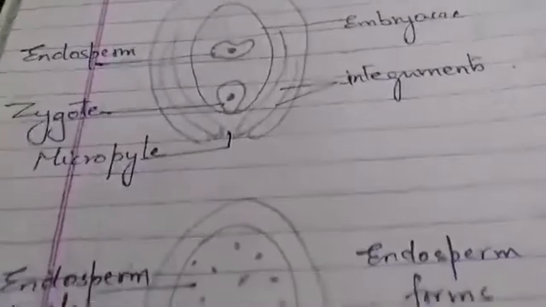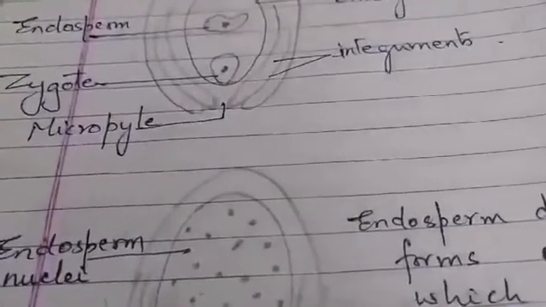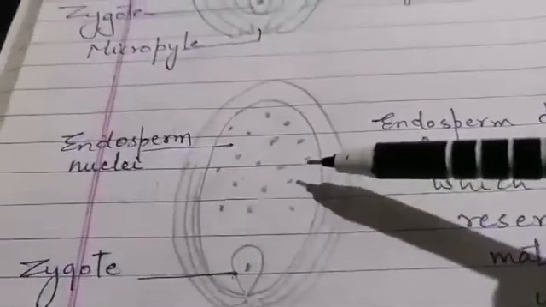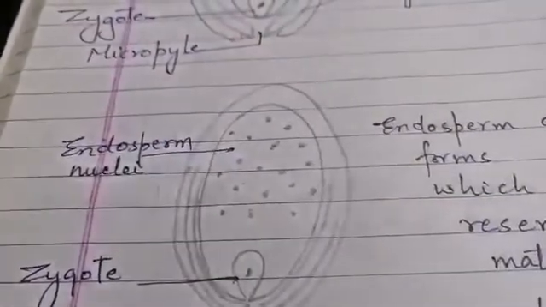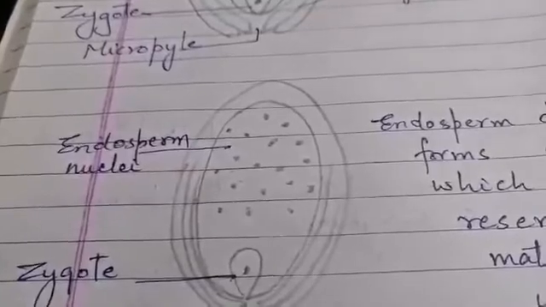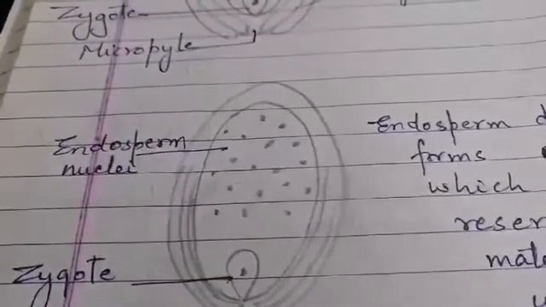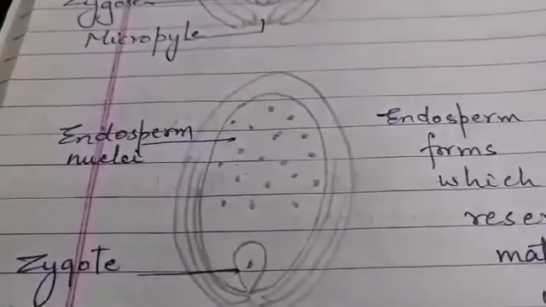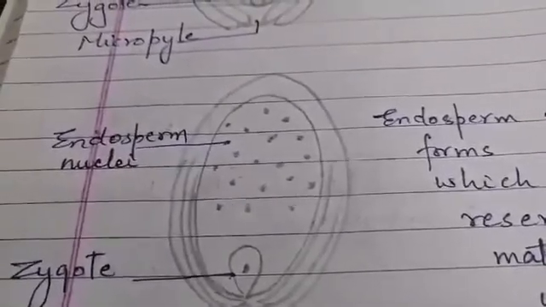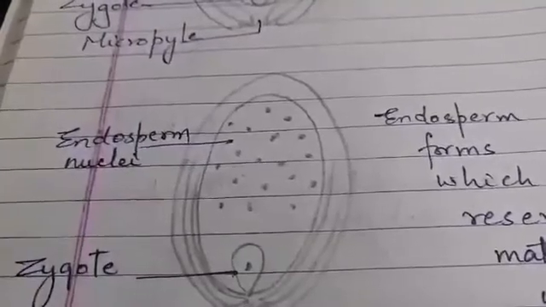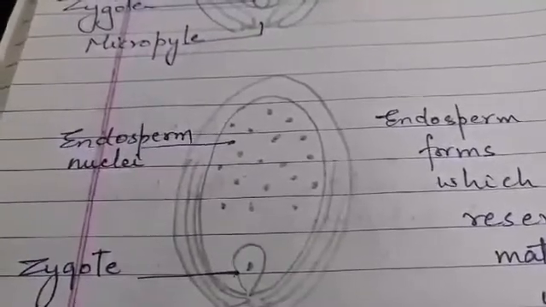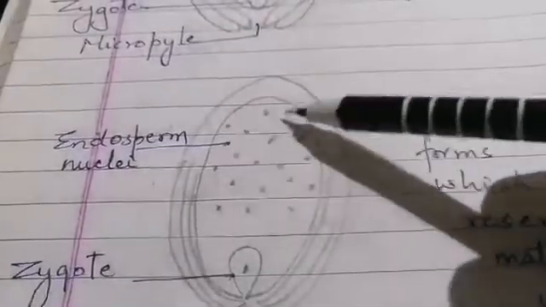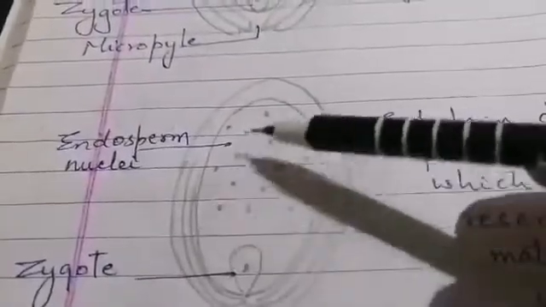Fine. Now, what happens first? The first thing that happens is your endosperm divides. Okay, and endosperm gives rise to what? It acts as a nutritive tissue. I have already told you for the developing embryo. Okay, so first the nutrients have to be there so that the zygote can develop, the embryo can feed upon it, isn't it? So first you will see that the endosperm divides and first division is nuclear division.